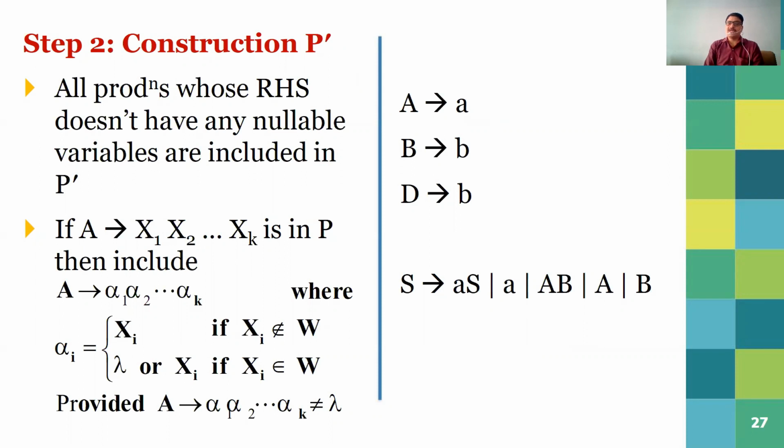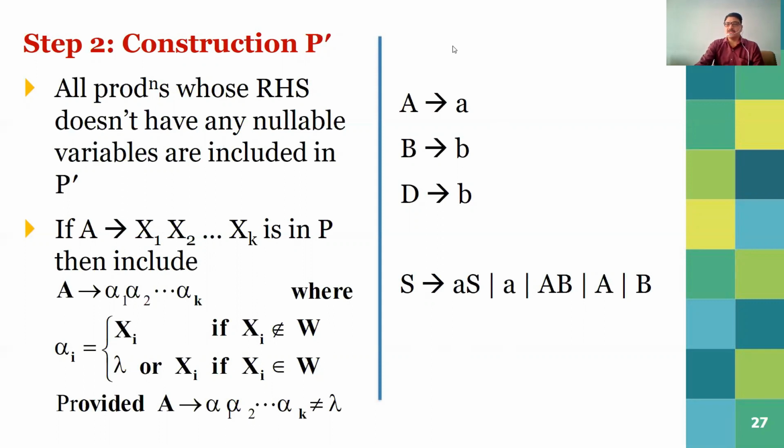And if A → X1 X2 X3 ... Xk is in P, then we have to include A → alpha 1, alpha 2, ..., alpha k, where alpha i equals Xi if Xi does not belong to W. W is what? The set of nullable variables. And alpha i is null or Xi if Xi belongs to W, provided A → alpha 1, alpha 2, up to alpha k does not equal null. So how can we find the construction of this